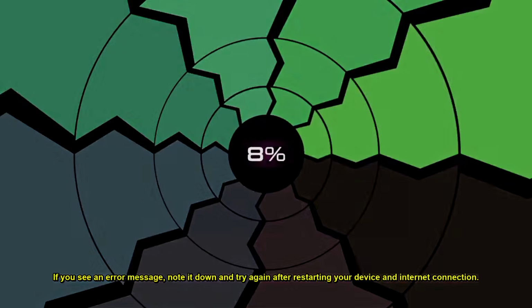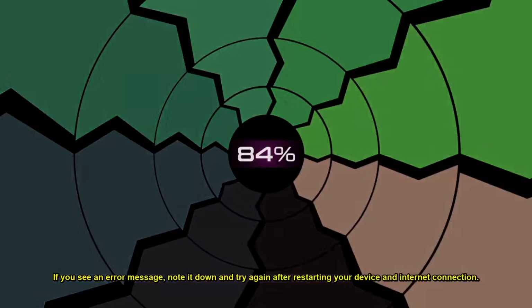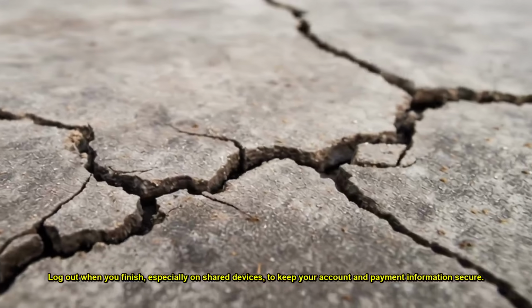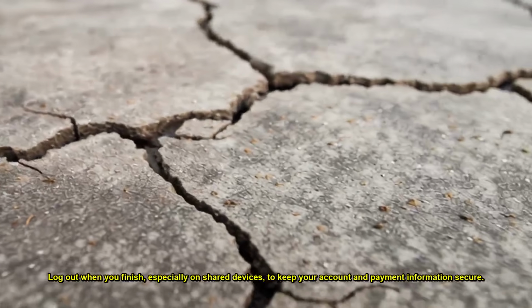If you see an error message, note it down and try again after restarting your device and internet connection. Log out when you finish, especially on shared devices, to keep your account and payment